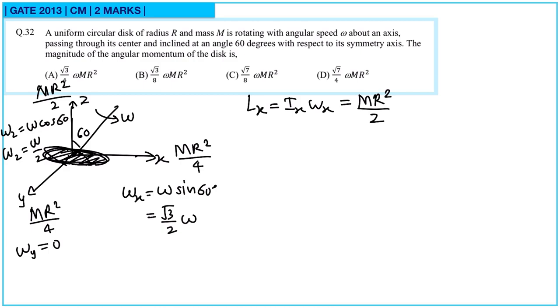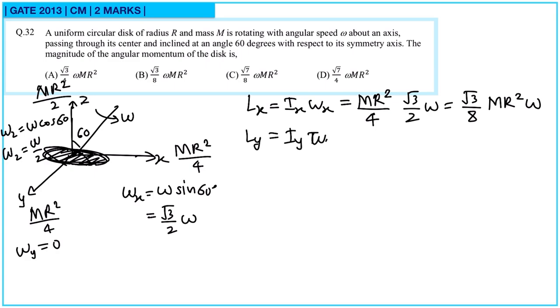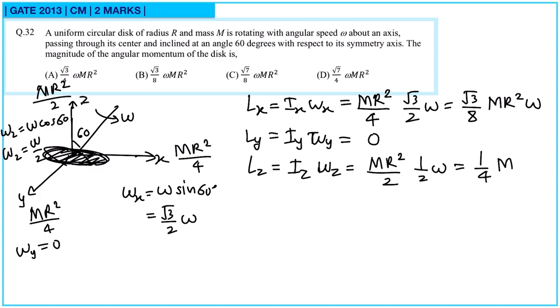Okay, now Lx is mr square by 4 into root 3 by 2 into omega, which is root 3 by 8 mr square omega. Now Ly is Iy omega y, but omega y is 0, so this is 0. And Lz is Iz omega z, which is mr square by 2 into half omega, which is 1 by 4